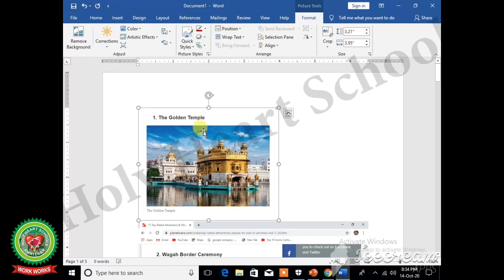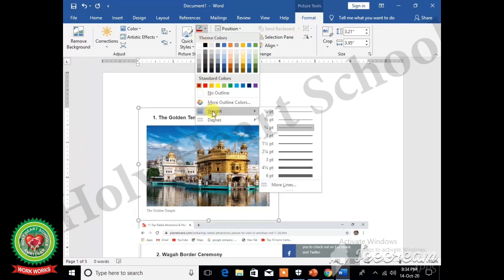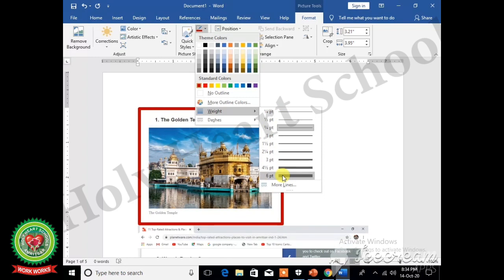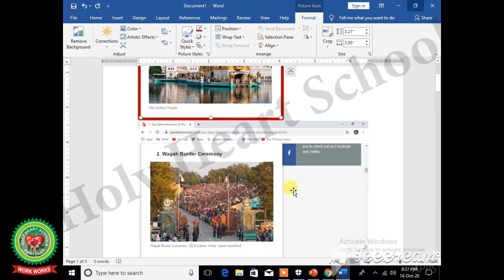Students, we can also increase the thickness of the border. For this, again click on picture border, click on weight and select any weight. Now the formatting of the first image has done.